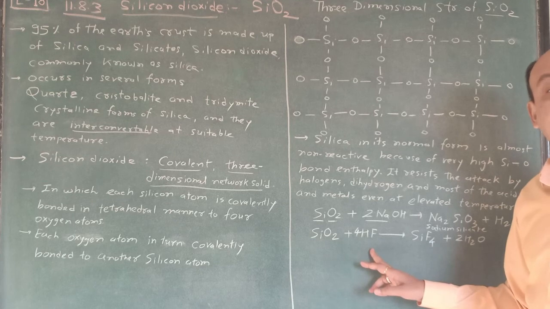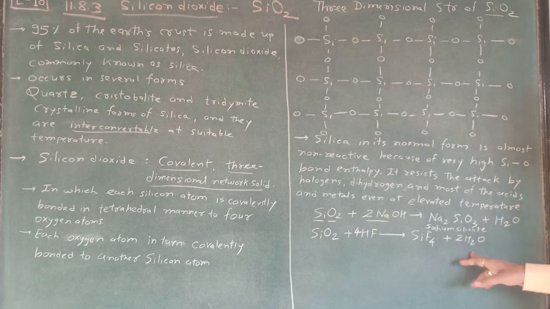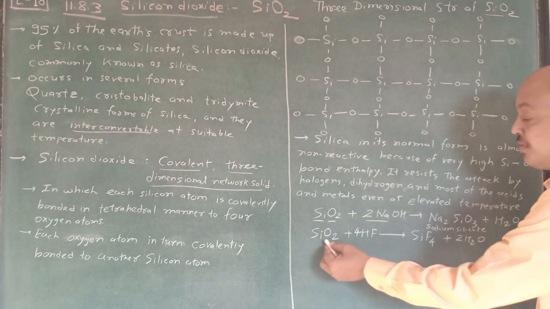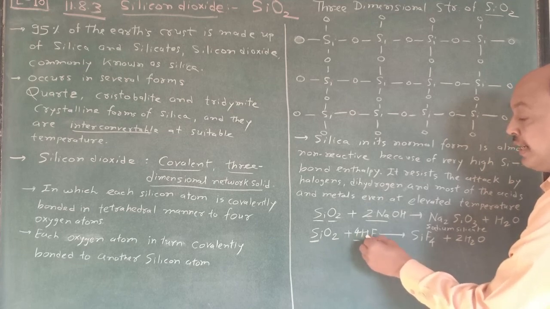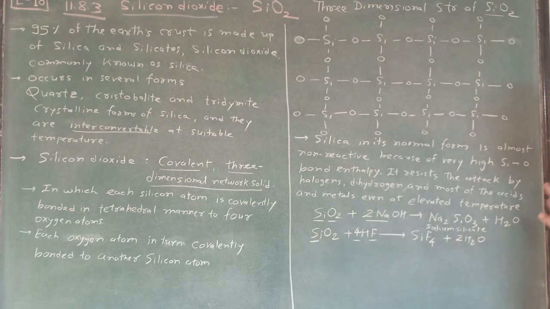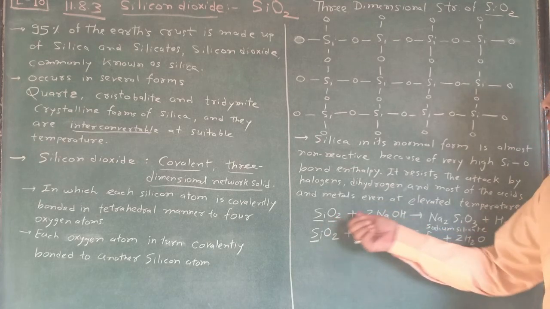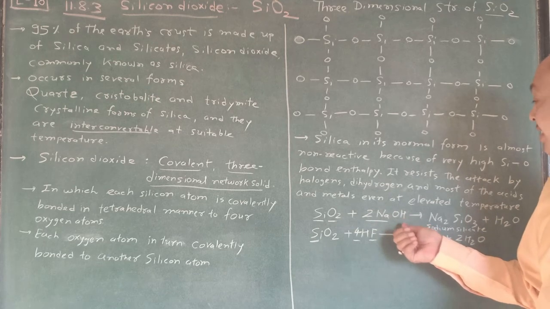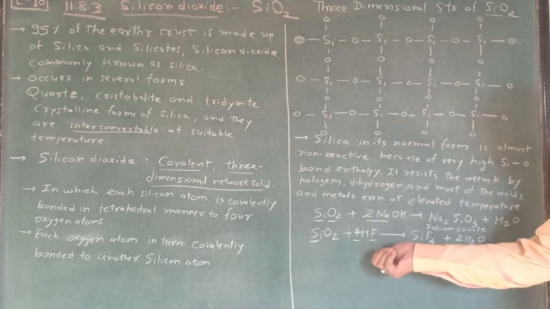SiO2 when it reacts with 4 moles of hydrogen fluoride gives silicon tetrafluoride plus 2 moles of water. This is a very simple way, because you know Si is there and 4H is there, and O2, therefore 2H2O. So this type of reaction is observed for SiO2. SiO2 reacts with alkali, remember, in certain cases, and SiO2 reacts with hydrogen fluoride.